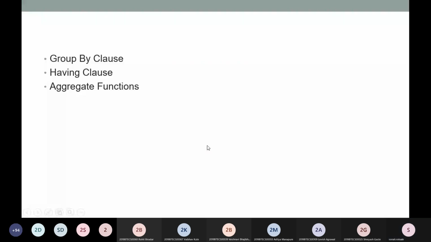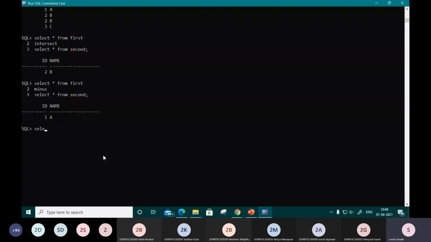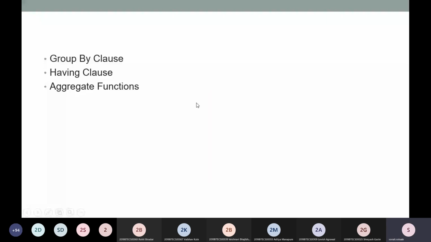Okay, so the first clause that we have seen is the where clause. If I want to see select star from first table, the where clause is going to tell you one condition: where id is equal to 1. So this is going to tell a condition. In the same way, we are having these clauses. They are going to tell a particular condition. Okay. So what condition they will provide, we will see.